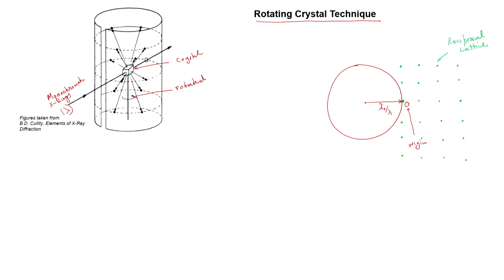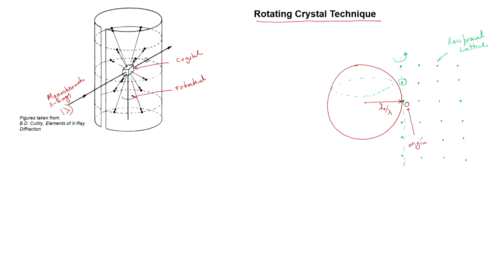Now, when the crystal is rotated, the reciprocal lattice also will rotate. So, for example, if I consider this particular reciprocal lattice point, it may intersect the sphere as it rotates about this axis,